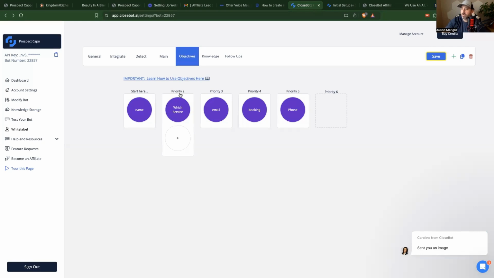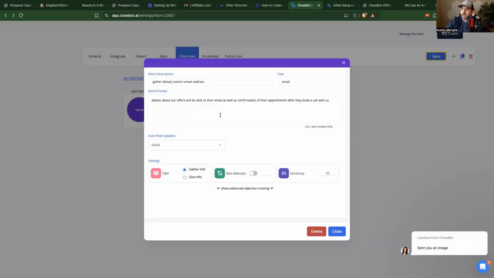Then after it answers which services, it will mark that one as complete and it'll move on to the email. And again, I want to keep this super simple. Gather lead name's email address. Details about our offers will be sent to their email as well as confirmation of their appointment after they book